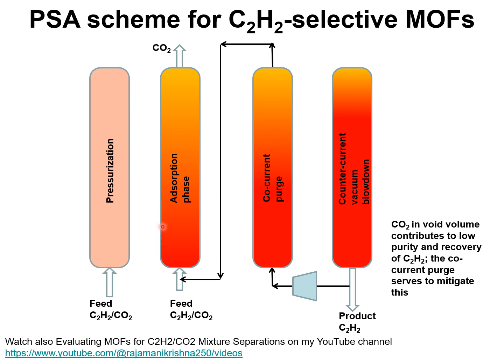Most commonly, the MOFs are selective to ethine, which is the desired product, and a PSA scheme for producing C2H2 of the desired purity, typically higher than 99% plus, consists of a four-step scheme in which we have pressurization of the fixed bed adsorber,